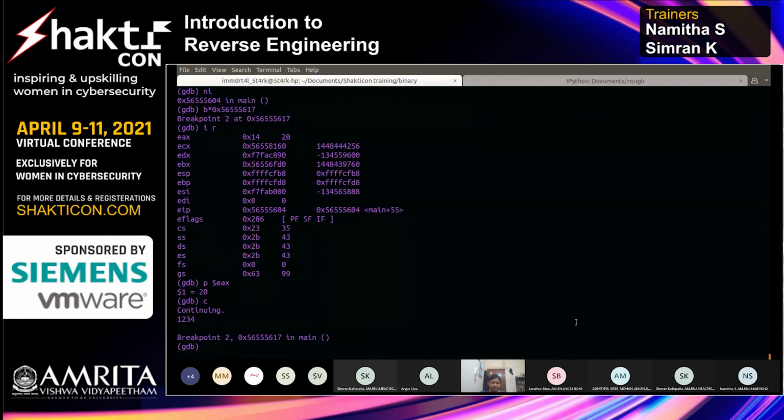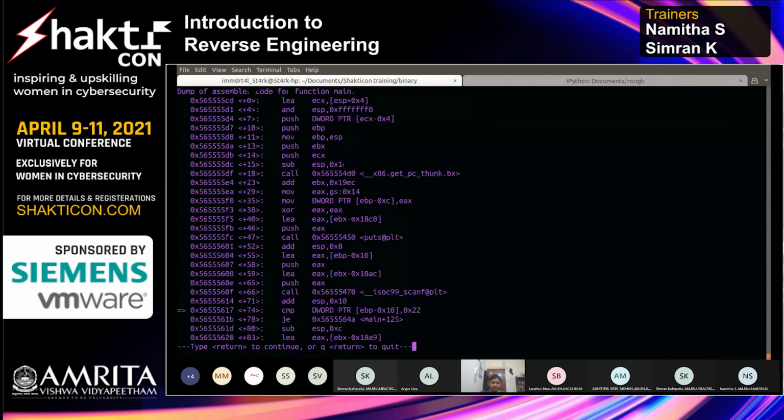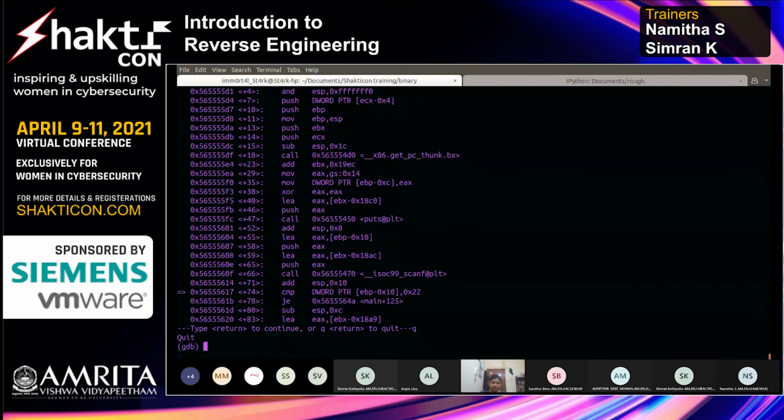And it reaches another breakpoint here that I set. So it's currently at this position and it's comparing it to something. So what does continue do? It moves until it encounters the next breakpoint or the program ends. So these are some of the instructions that you can use.